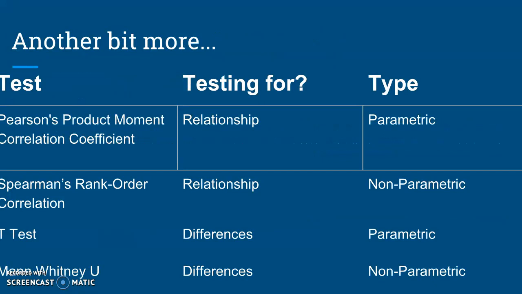So here are all the tests. You have Pearson's product moment correlation coefficient test. This tests for relationships, and it is a parametric test. Spearman's rank order correlation. This is a relationship test again, which is non-parametric. So again, Pearson's, that's ratio, and